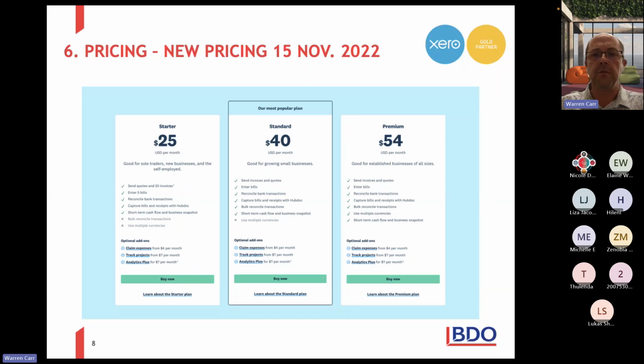foreign currency into it. At the bottom, you will see extra 7, analytics plus from an extra $7 per month. So you can add on to those. And obviously, if you've got any other add-on programs like Lightspeed or Benson,